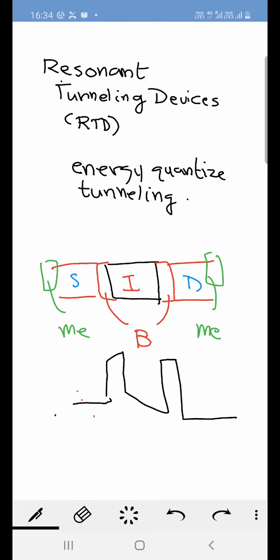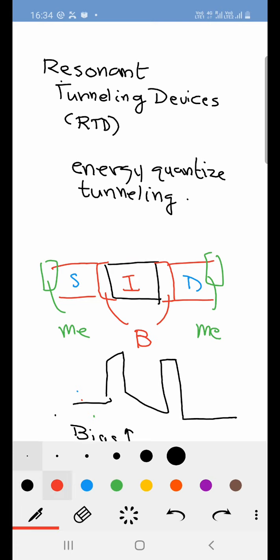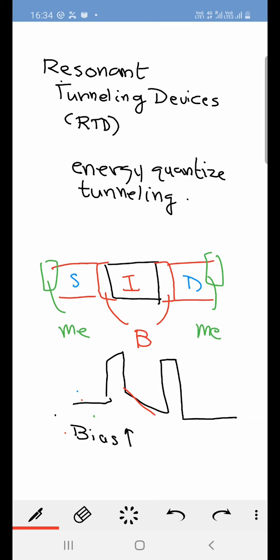So due to the formation of these barriers, charge flow is restrained. Now we increase the bias. What it will do, it will shift down the energy. That means you can see a shifting down of the energy,